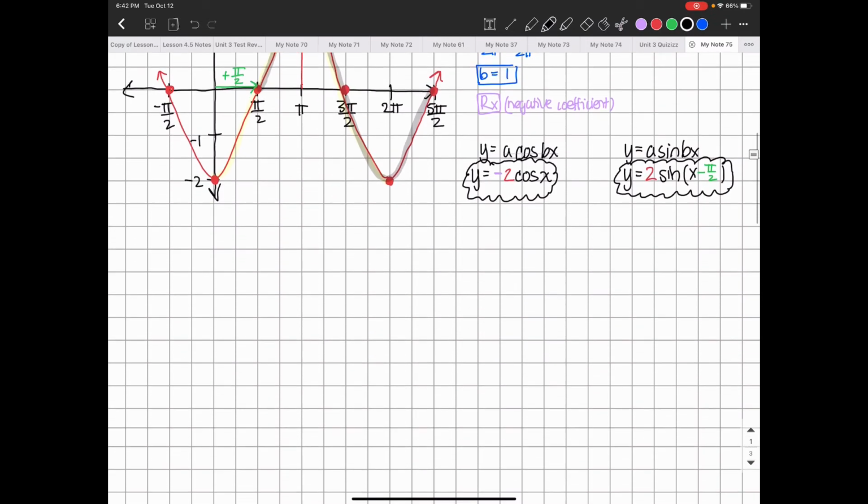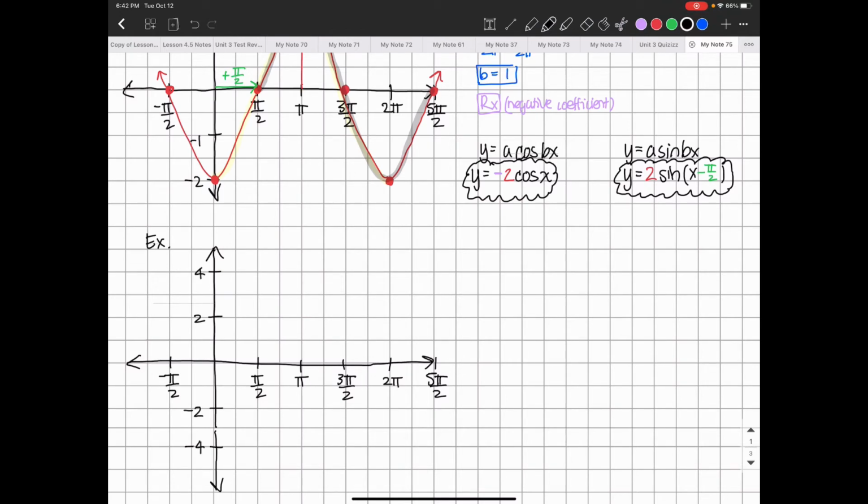For another example, so example 2, I have a graph that the scale again is pi over 2 by pi over 2. So I have pi over 2, pi, 3 pi over 2, 2 pi, 5 pi over 2. This is negative pi over 2. And then my scale on the y-axis, I'll do this is 2, this is 4, negative 2, negative 4, and